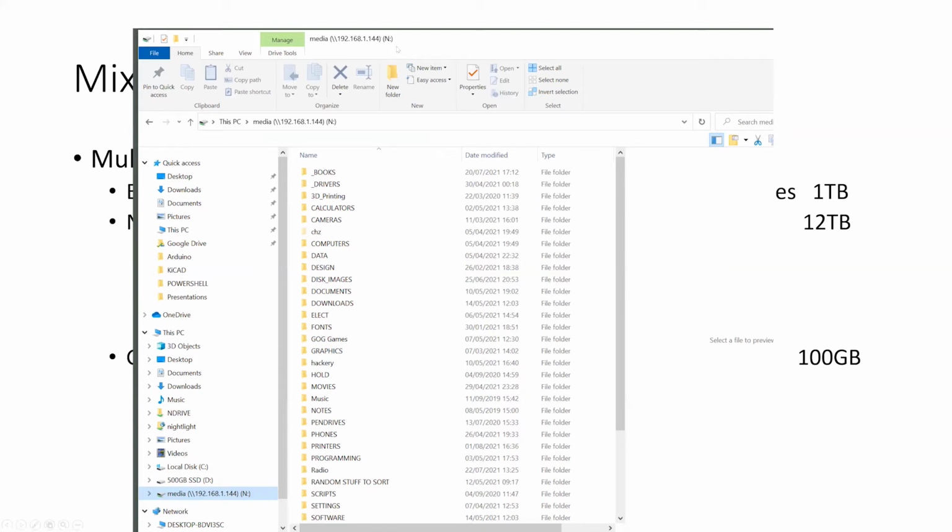There's my N-Drive. That's the big shared NAS, which lives on my network. Books, drivers, stuff to do with calculators, cameras, computers, documents, downloads, electronics, fonts. Who here's got a disk with 8,000 fonts on it that all take up a load of space? Fonts, games,